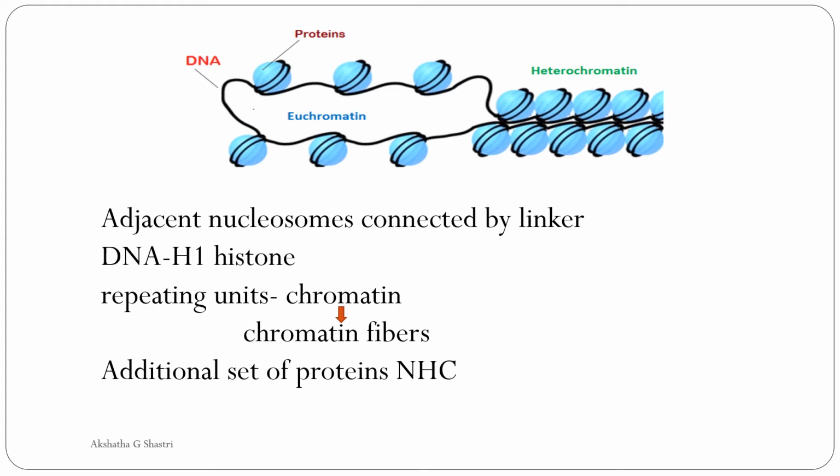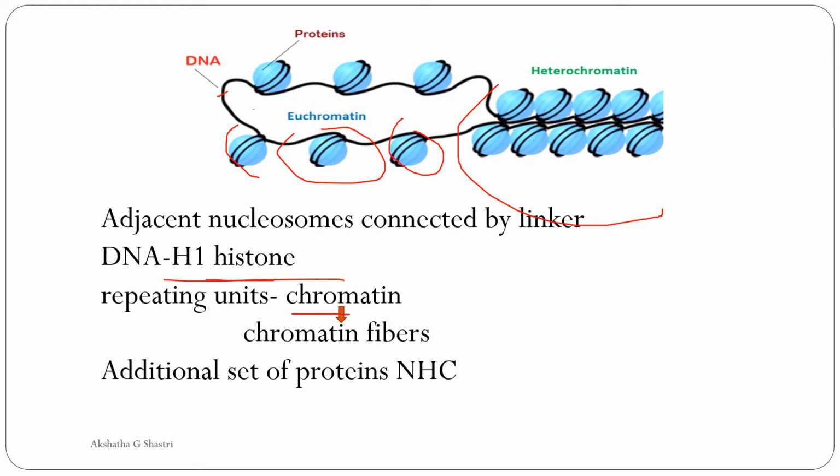This is again the structure of the nucleosome, how it is connected. And we can also call it H1 histone. This linker DNA is also called H1 histone. And the nucleosome constitutes the repeating unit of a structure called chromatin. Nucleosomes can be seen as beads on a string, right? These are nothing else but beads, and this is a string.